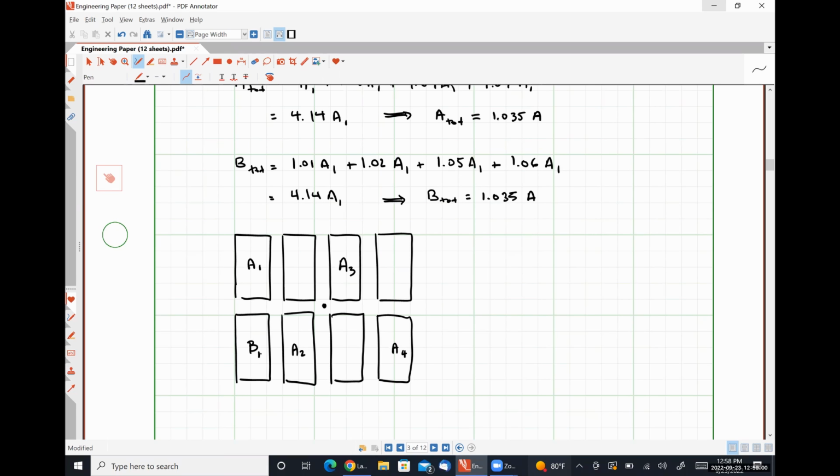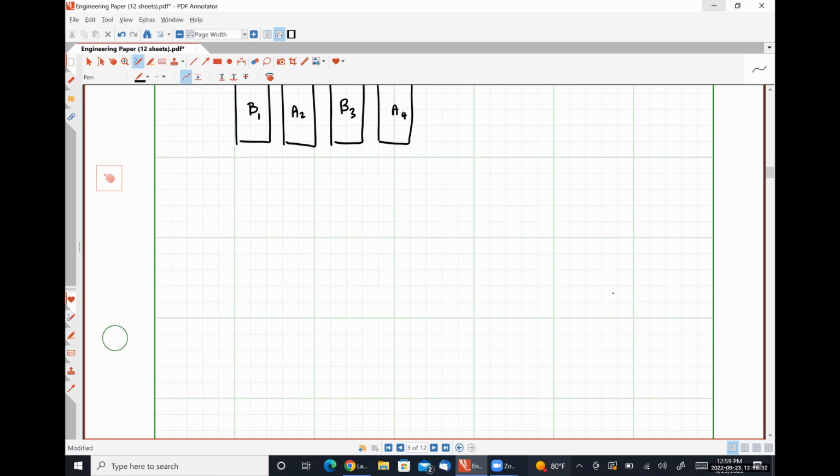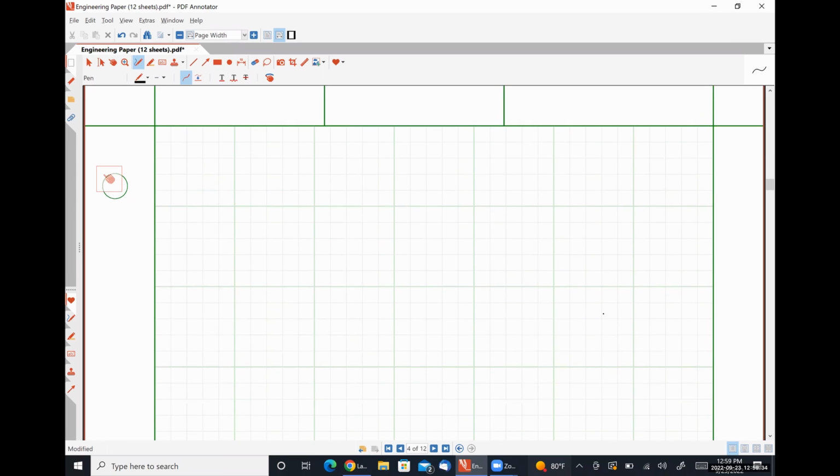If B1 is here, B4 needs to be here. If B2 is here, B3 needs to be here. And we have perfect matching yet again. And any way that we do this, as long as all of our A components are equidistant from the center point and our B components are equidistant, we're good to go, okay? So just as an exercise here,